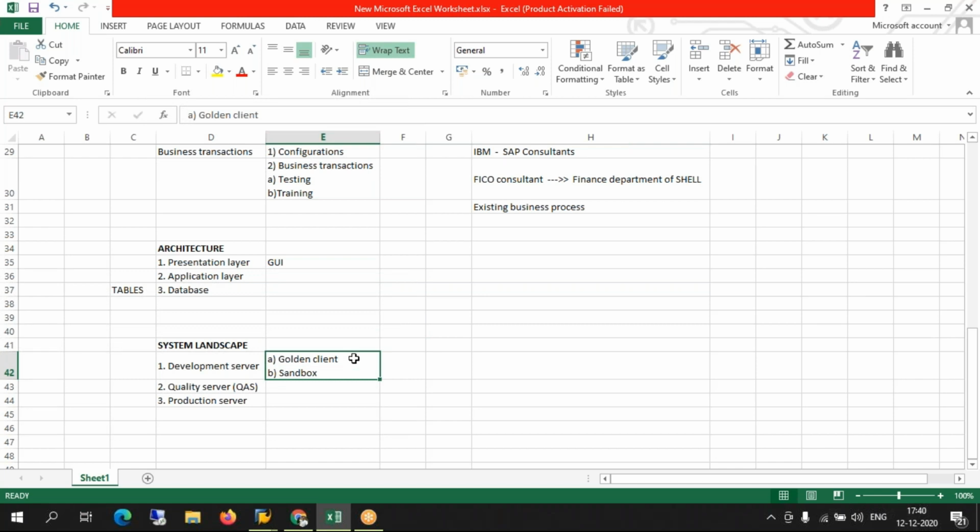All the configurations are done in Golden Client. Golden Client is a dedicated, clean server only meant for the configurations. Nothing else is done. No testing, nothing. It's a dedicated place only to manage the configuration.